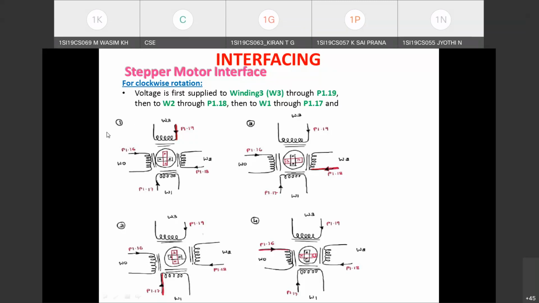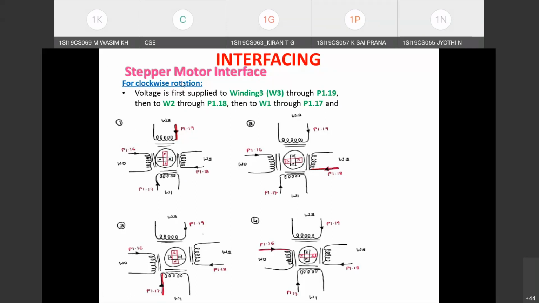Okay. So just see, in this stepper motor, what you are seeing at the center is called the rotor, and these are the 4 stator windings, which are stationary. The stator is actually made with electromagnets, and the rotor is made with a permanent magnet, and we are trying to supply the voltage. If you want to achieve motion of the rotor, you need to energize these windings or coils. It is also required to control the direction of the current, because that determines the direction in which the magnetic field is generated.